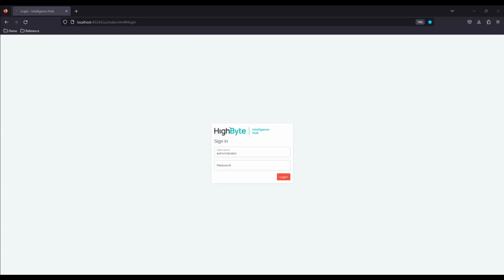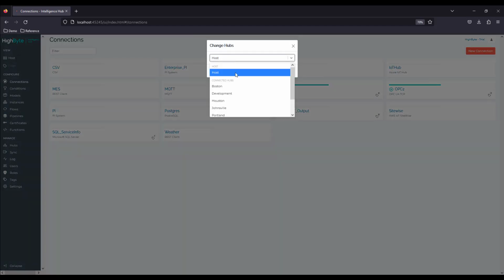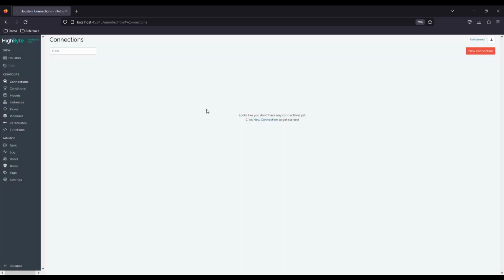Our final step in the licensing process is to apply the license to our new deployment. So I'm going to log in, and I've gone through my initial installation steps. I have this environment also connected to my central host or my management layer, so I'm going to just go through and hop over to my Houston environment, which is my new environment that I want to apply this license for. So I'll hit update, hop over to this brand new deployment,